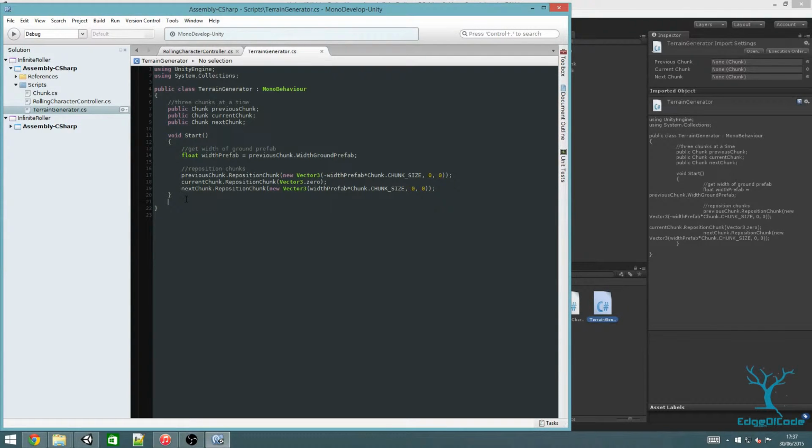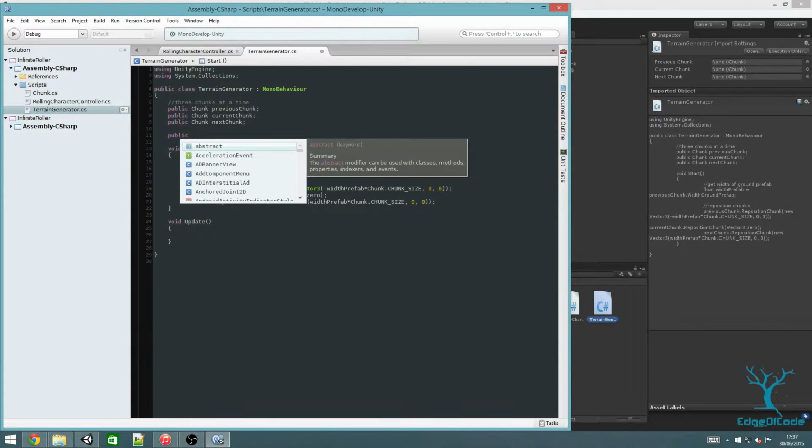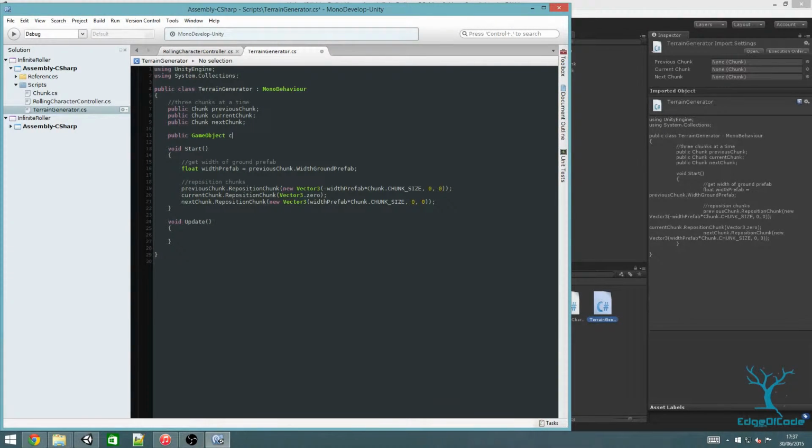Okay, so next open your terrain generator script that we wrote last time and add a new method. So we want to add an Update method, which, as I said a moment ago, is for updating things that aren't for the physics engine to do. Okay, so in this method, we're going to need to check if the player has reached a specific X position. If they have, we need to reassign which chunk is which. So we'll need a reference to the character. So for that, create a new public variable, GameObject called character,